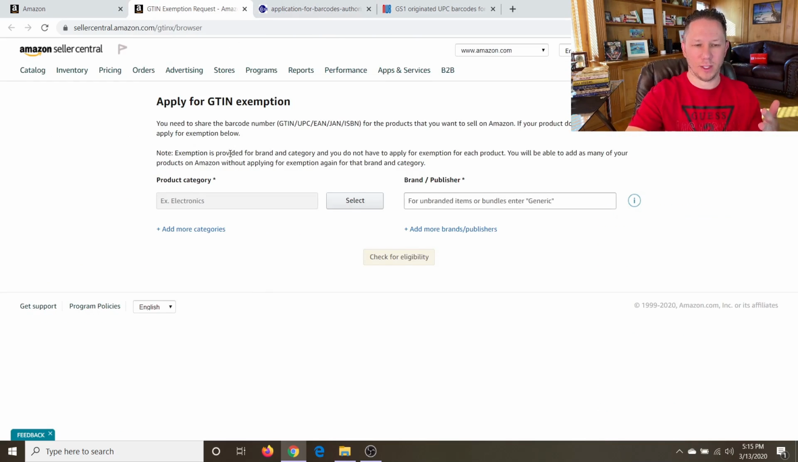You have to be brand registered. And as you can see, the exemption is provided for brand and category. You're going to need to do this for every category or every different brand you have, and it is a little bit of a process. So if you're only selling a couple items, it's probably easier to just use Nationwide Barcode and pay $12 and